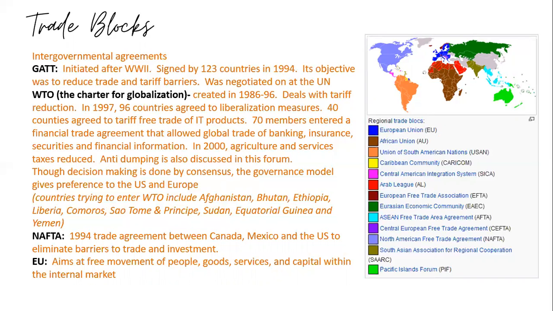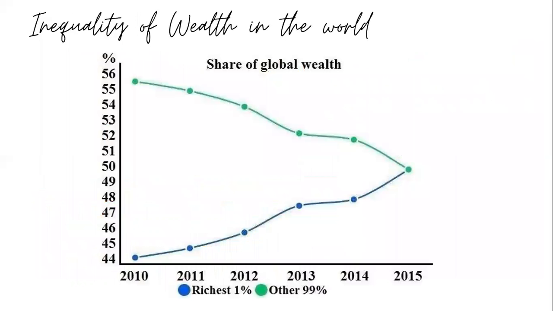Within Europe, there are several very small countries, but once they made the European Union, they have a common currency, visa-free entry from one country to another, and import duties are very low between the countries in the EU. So NAFTA really didn't work out as well, but the European Union did work out. So this is also a result that came out of globalization.